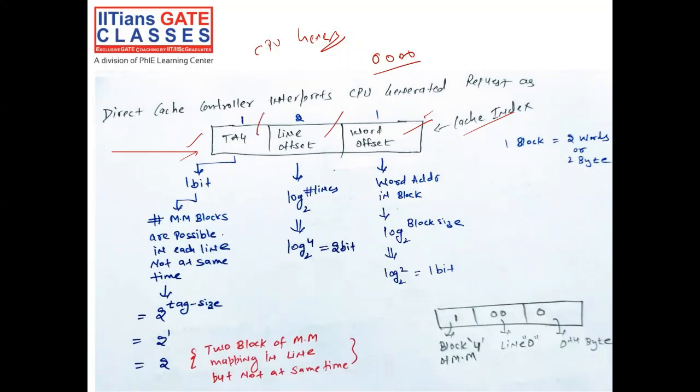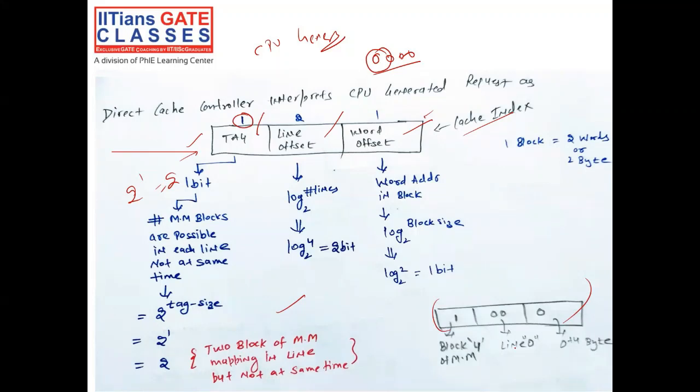And this tag means the number of memory blocks possible in each line, not at the same time. Maximum number of blocks, how many? Let's say 4 bits are there, so 1 bit we gave to the tag. So 2^1, maximum 2 blocks we can map into the cache memory, but not at the same time. If 1 bit is there, it means only one block can be stored at a time. Of course, there is a 1 block space, but maximum 2 blocks we can save, right? But not at a time. Similarly,